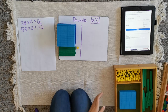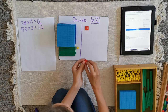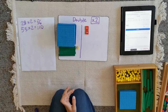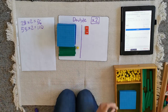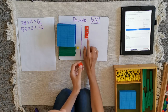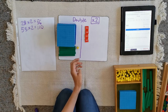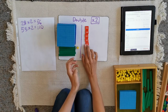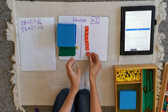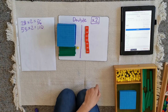I'm gonna use these ones. 1, 2. You see why we use this material instead of this one? Because it's tinier and it can help sometimes with greater numbers. 300, 400, 500, 700, 800, 851,